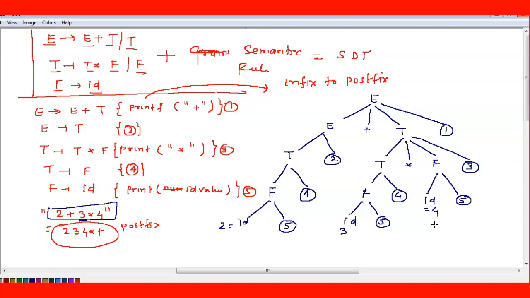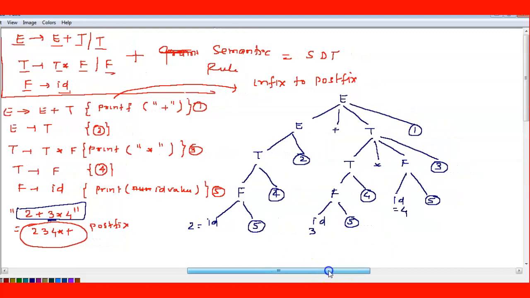Any doubt till here? So tell me. Now you have to read it like this. See here, always you go from the what? Like this way only, no? This is 2, right? 2. This is the what? Rule number 5.